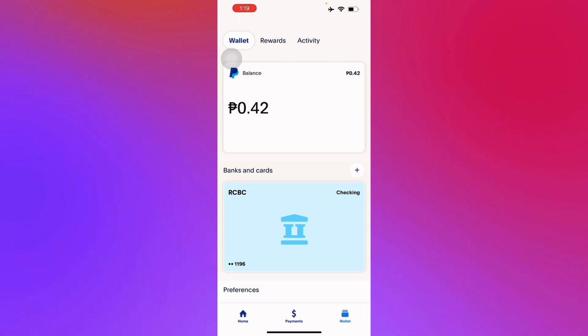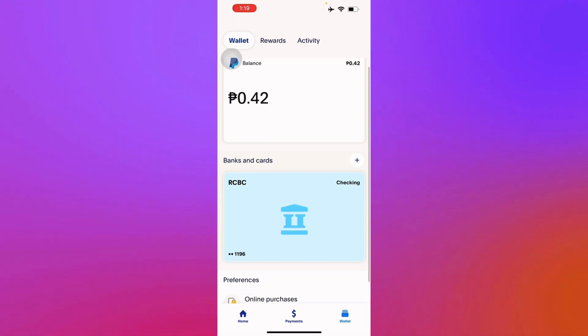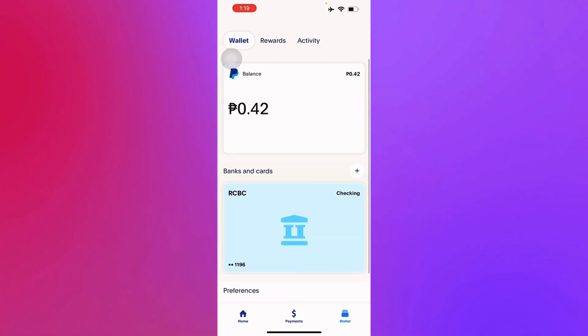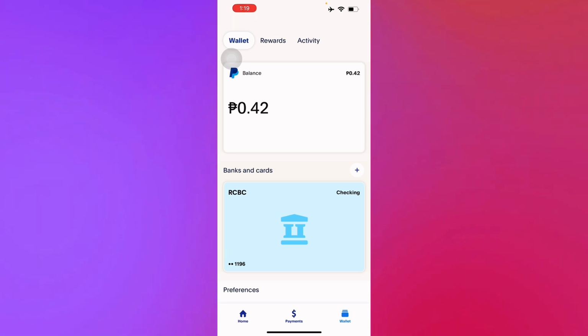Then you'll have to check for the transfer money button. Unfortunately, I don't have it right here because I can't really transfer it, as it's only a checking account. So click withdraw from PayPal to your bank account. If you see that, then select instant or the free one, the standard, and then you follow the instructions. Then it will be transferred to your card or bank account in just a matter of